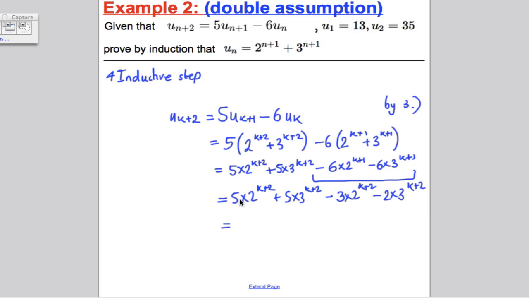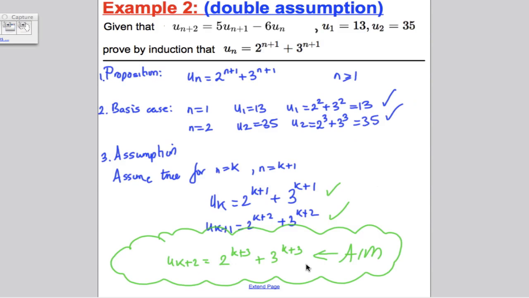And we're nearly there. We've got 5 lots of 2^(k+2) minus 3 lots of 2^(k+2), so we've got 2 lots of 2^(k+2). And we've got 5 lots of 3^(k+2) minus 2 lots of 3^(k+2), which is, sorry, that would be 3 lots. That's like 3 to the 1. So this would be 2^(k+3) plus 3^(k+3). And remember, that's what we were trying to show: u_(k+2) is 2^(k+3) plus 3^(k+3),